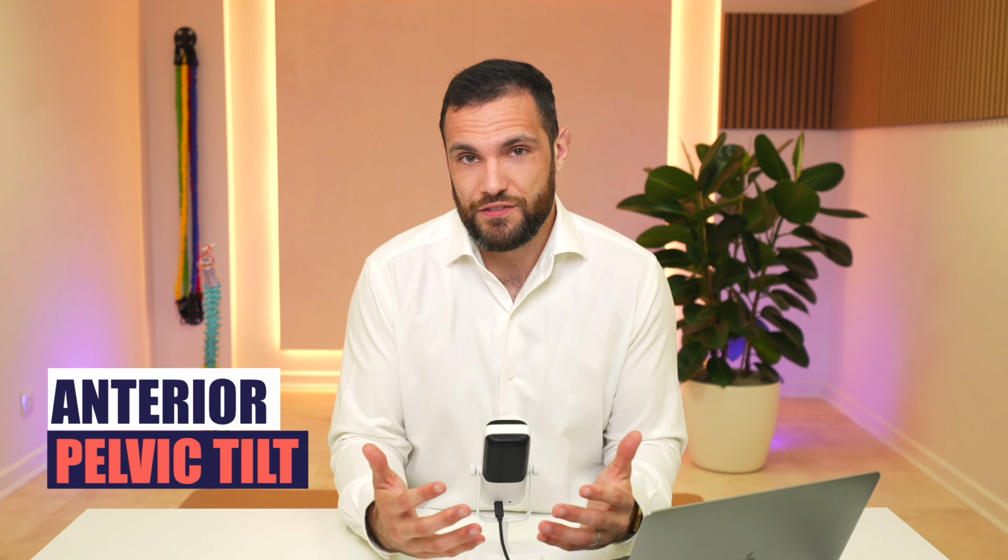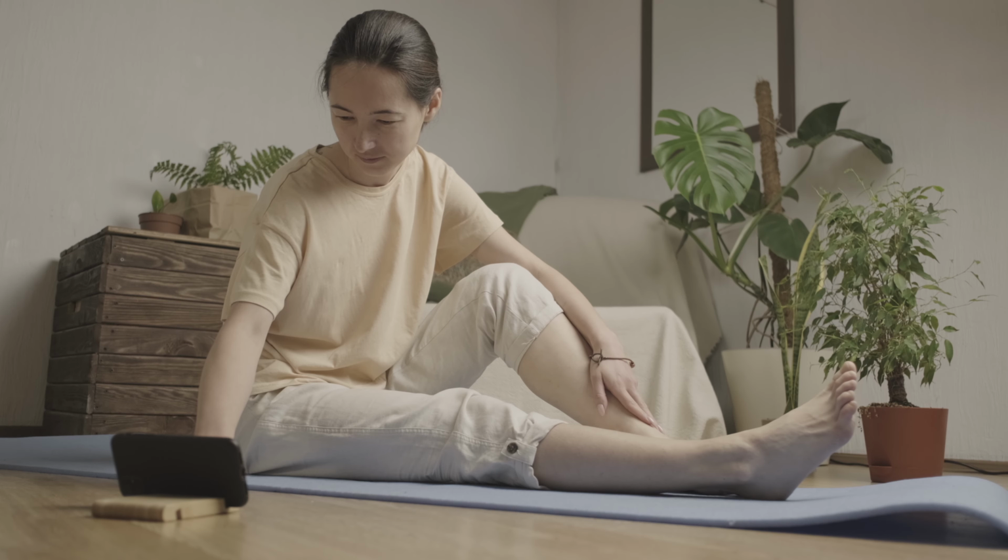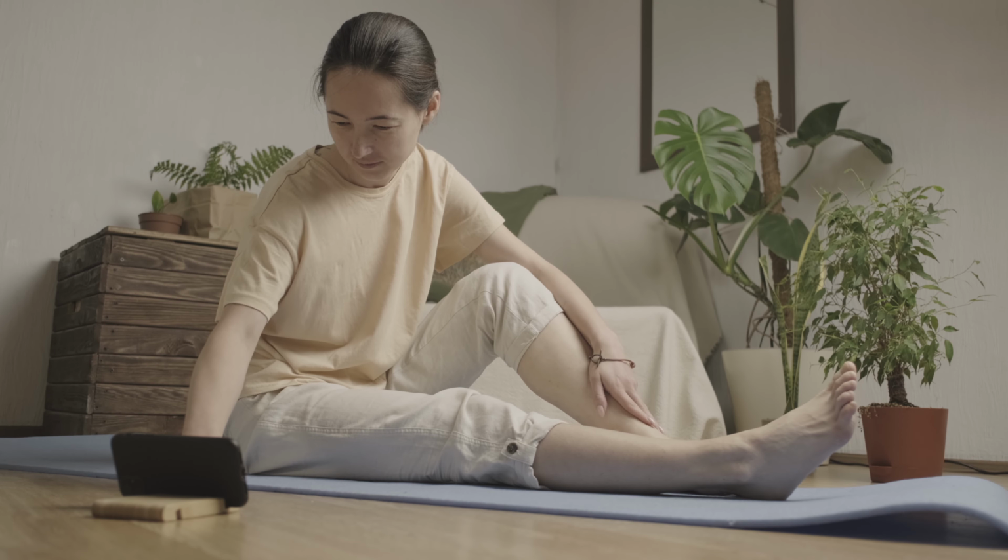And the final part of this alignment puzzle is that so often online you're going to see a big obsession with everybody's got anterior pelvic tilt, everybody's pelvis is tilted forwards and we've got to tuck it back the other way. And this is so wrong. Most people don't have an anterior pelvic tilt, and most people aren't aware, this is practitioners speaking now,